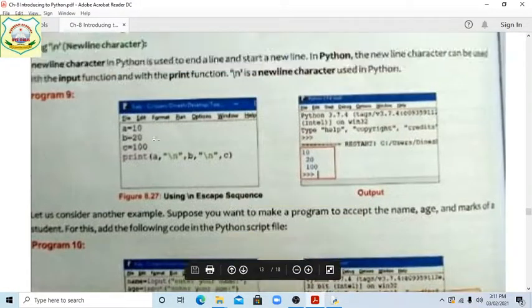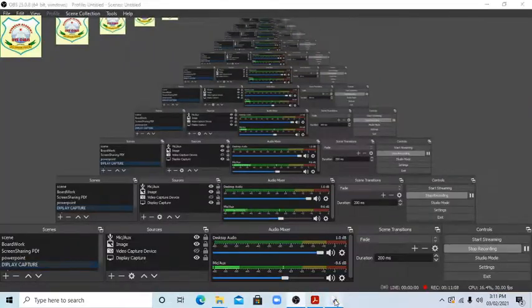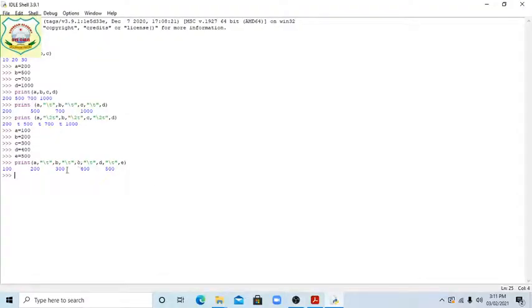Okay, first of all, we'll see how to use /n, students. Same, print a comma, then /n, comma, then b, again /n, then c, after that d, e.